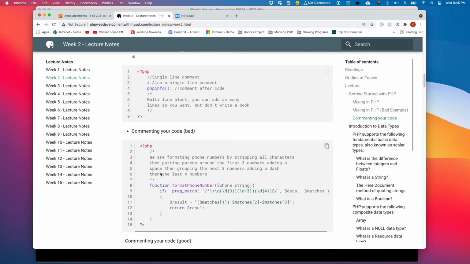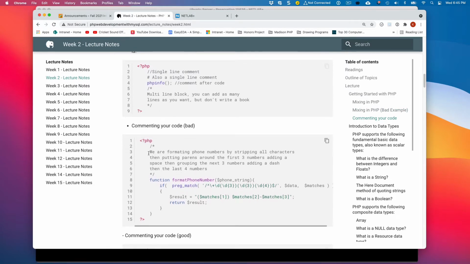Now I have here a bad commenting example. What I mean by that is that it's not bad that we have a comment. The problem is the content of the comment. If you take a look at this function, it says format phone number, and you pass in a string, and then it has this gobbledygook, which is a regular expression.